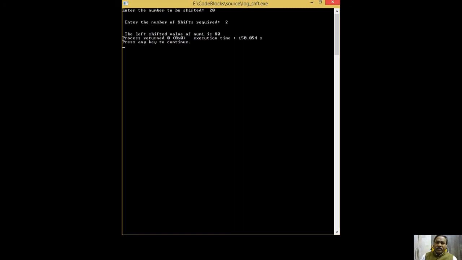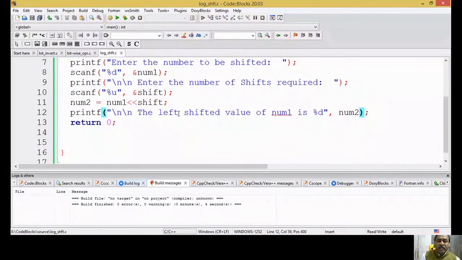Let's see this with the right shift now. Now, what should be happening with the right shift? When we right shift in the decimal number system, what is happening? Something is divided by 10. So here, the number becomes half. Let us go to the program, make modifications and see it.